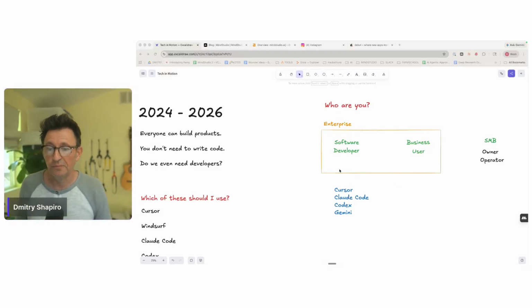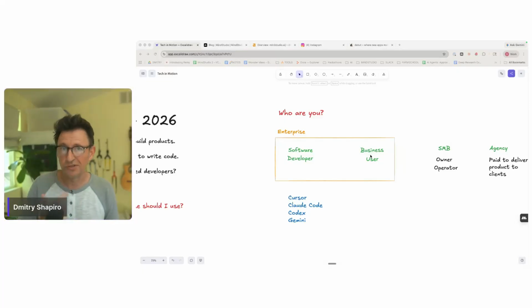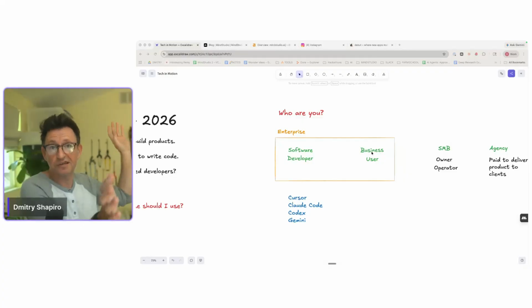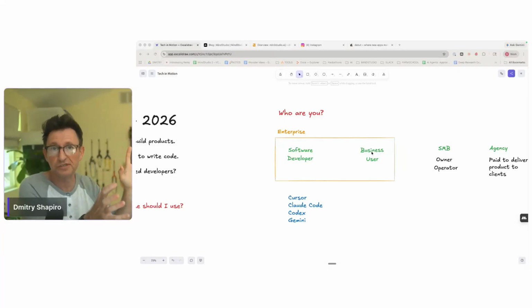Okay. But if you are, let's say, a business user in an organization, well, you're not writing code. That's not your primary job. But could you benefit from some new capabilities to make the job that you do more autonomous? Could you have some custom business tools that you wish you had, and you've got this giant SaaS stack that you've learned to use? The median mid-sized organization has around 130 SaaS platforms that are all integrated together and power the operations of a mid-sized organization, right? And so you already have plenty of business tools, but all those business tools are kind of